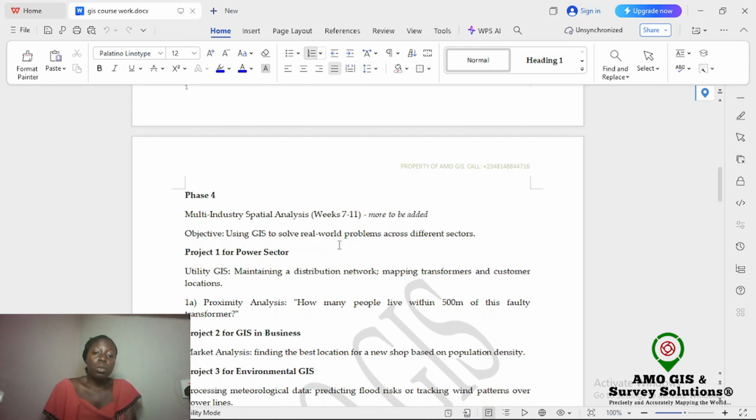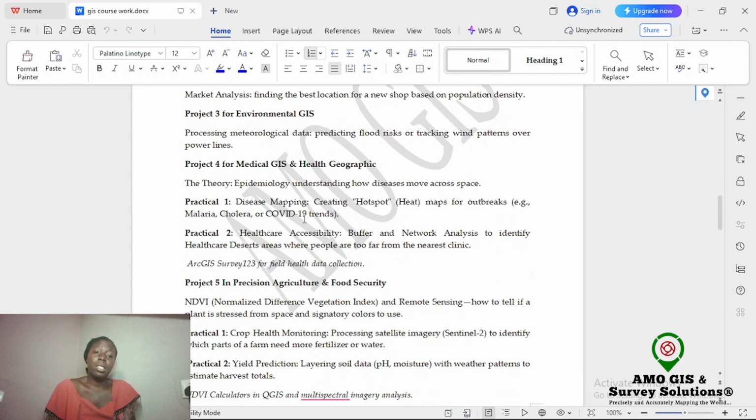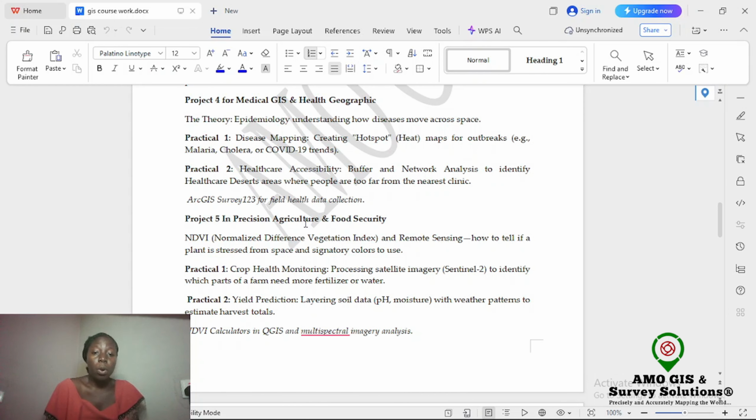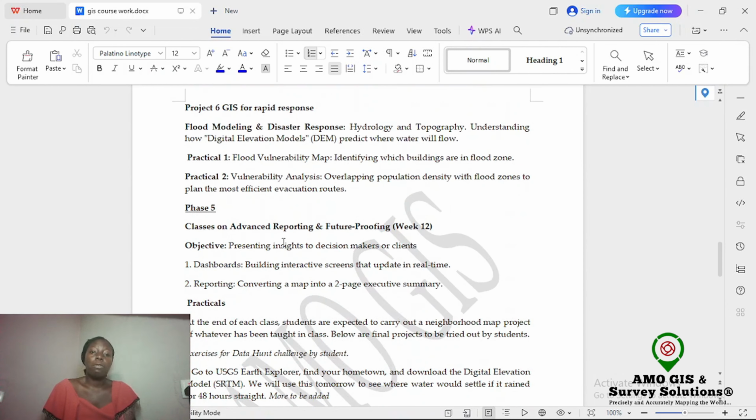Objectives: using GIS to solve real-world problems across different sectors, GIS in utility, GIS in business, GIS in environmental problems, GIS for medical and health, geographic disease mapping, health accessibility, precision in agriculture, and food security. We're going to be talking about crop health monitoring, yield prediction, and the rest of that, so on and so forth, flood modeling, classes on advanced